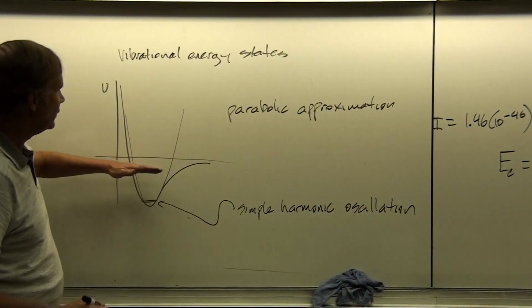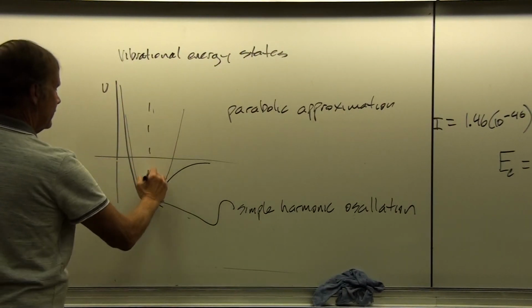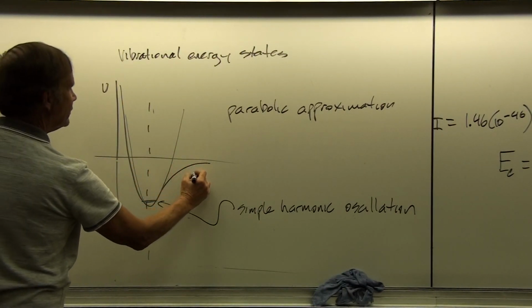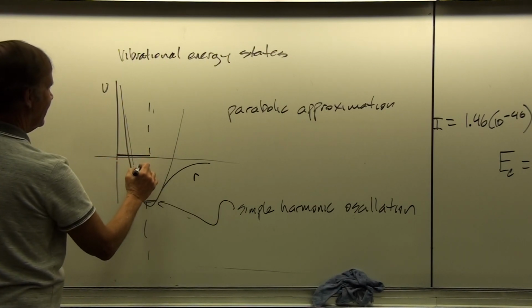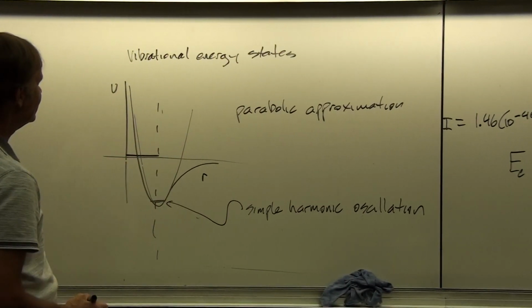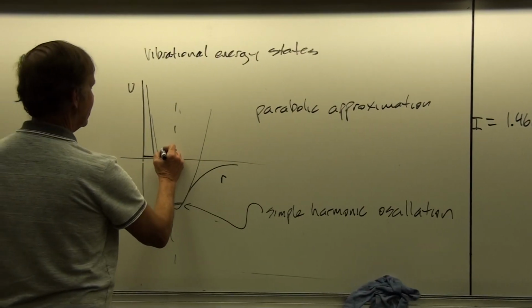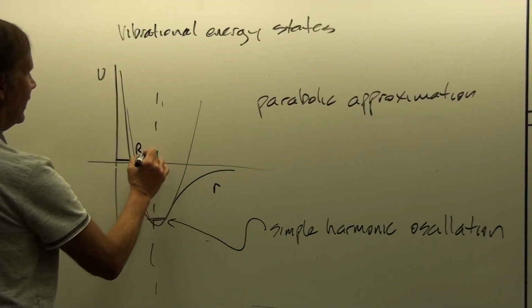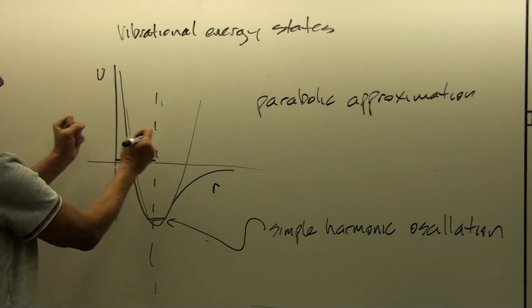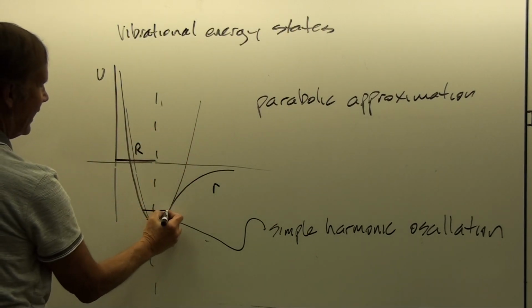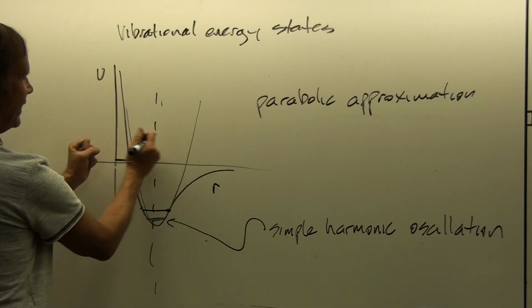So that means that you can be, and so what's this distance then? Well, this is U versus r. And so this distance here then is the distance between the two atoms basically. And so that's your bond length. That's your r. That's your bond length. So that's your distance. But it can vibrate back and forth about that to plus or minus that value.